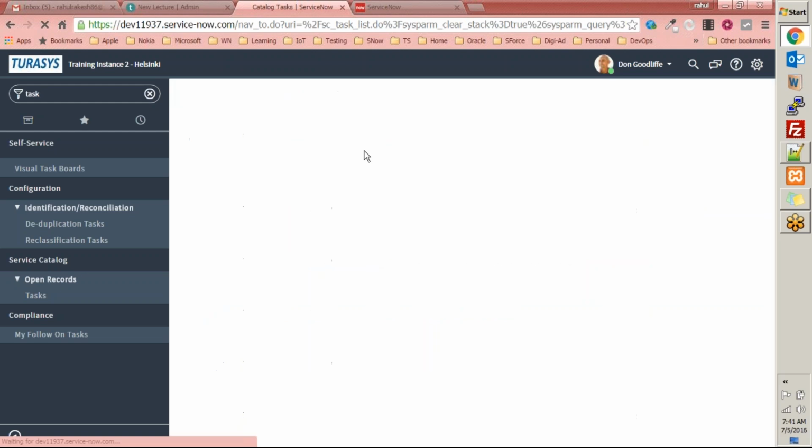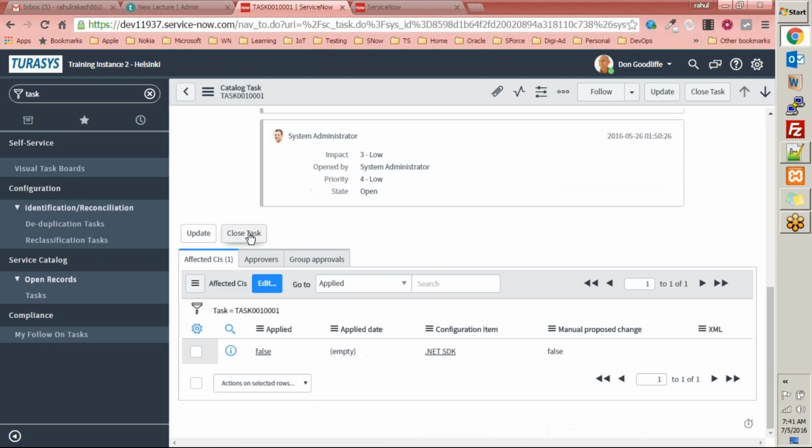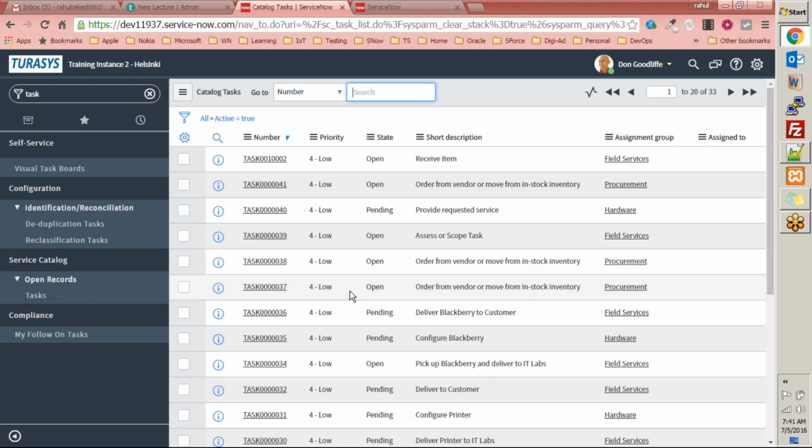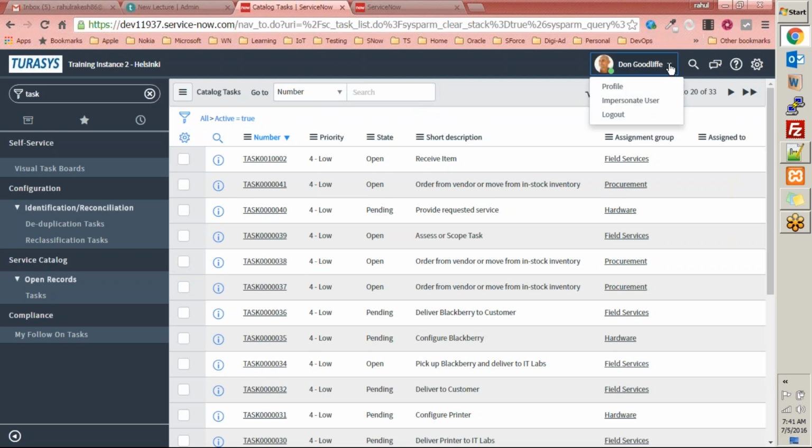After some time, you may come back and see that this task has been completed, so you can go ahead and close this task, right? When you close it, that task disappears from the list of tasks available here. You may now go to